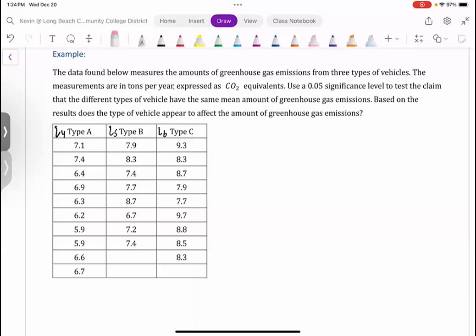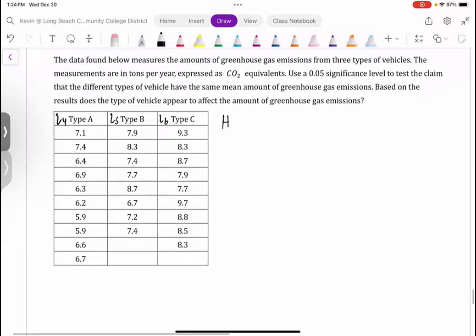So let's set up our null hypothesis. Oh, let's read the question. The data found below measures the amounts of greenhouse gas emissions from 3 types of vehicles. The measurements are in tons per year, expressed as CO2 equivalents. Use a 0.05 significance level to test the claim that the different types of vehicle have the same mean amount of greenhouse gas emissions. Based on the results, does the type of vehicle appear to affect the amount of greenhouse gas emissions? So let's start with